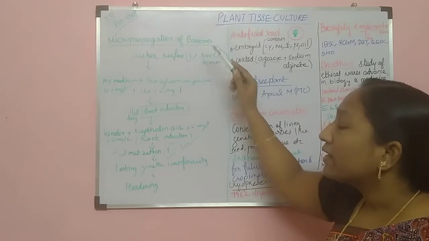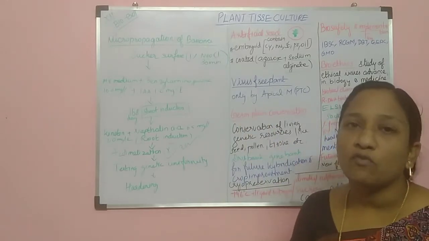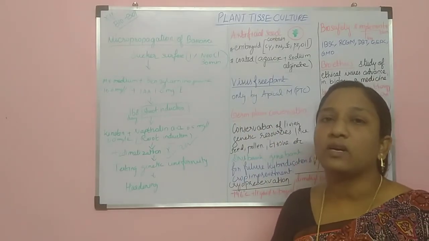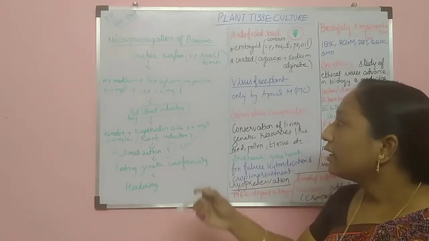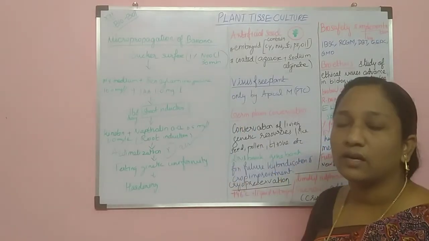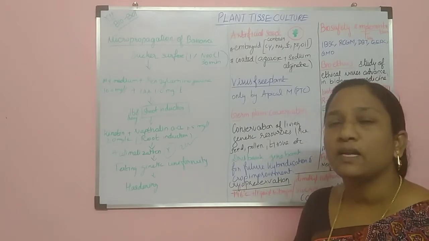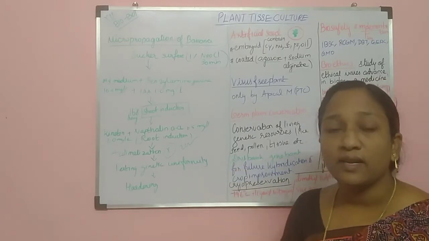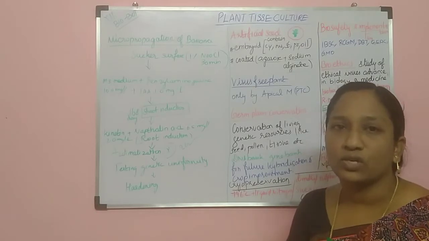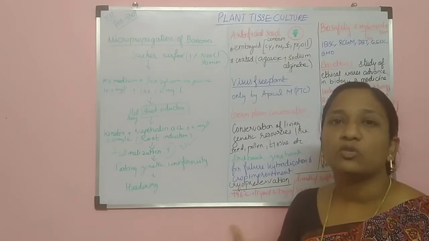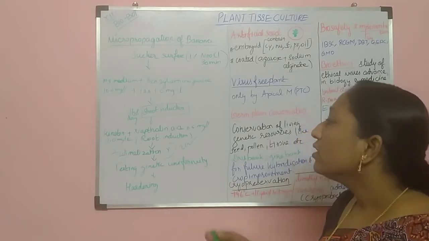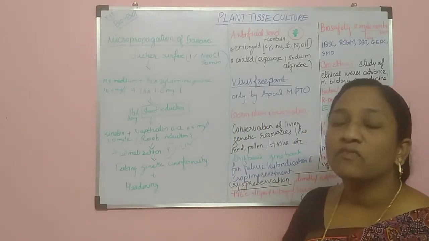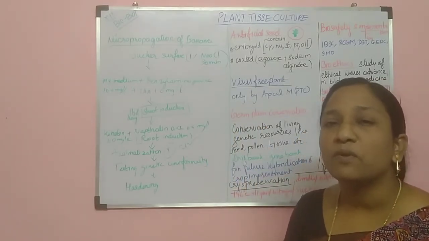Like the banana, we can do this for a lot of plants. Whatever plants you require, all those plants can be prepared by means of this technique. But the culture medium and the sterilizing material will change slightly from one plant to another, based on the nature of the plant. Okay, so that is the difference. Other than that, it is easy and simple for all of them.